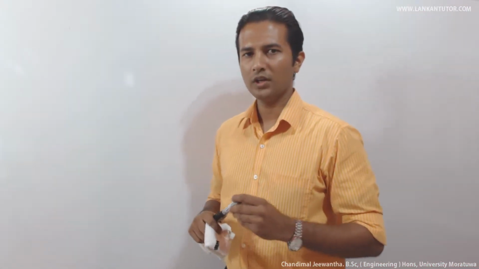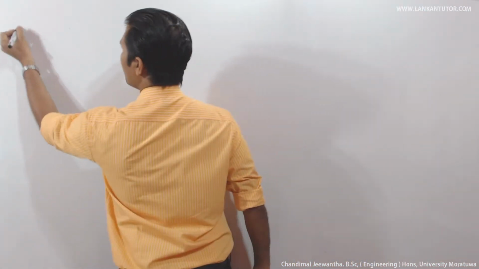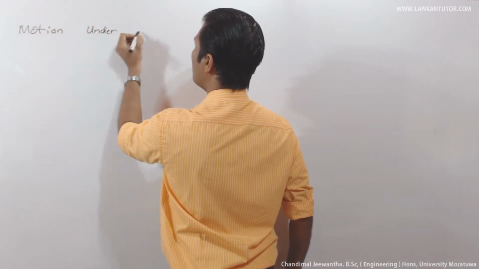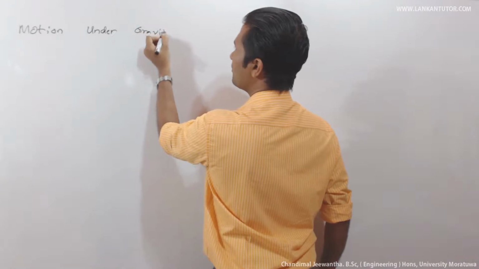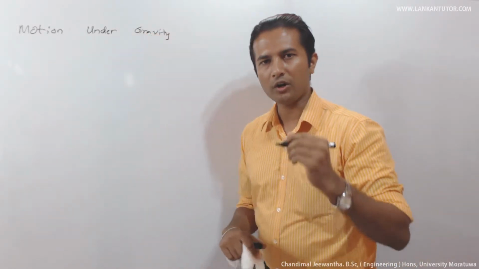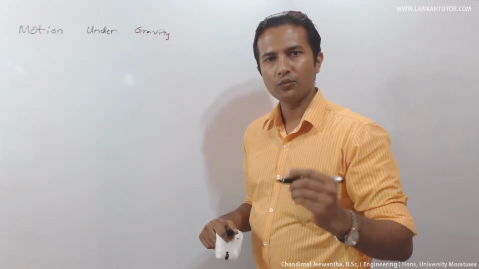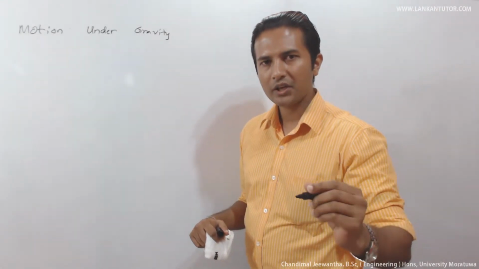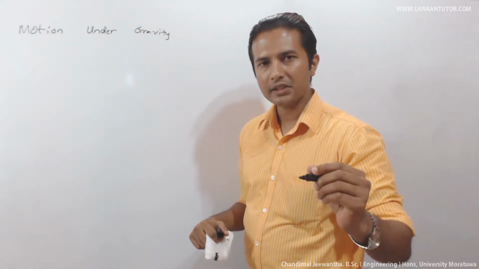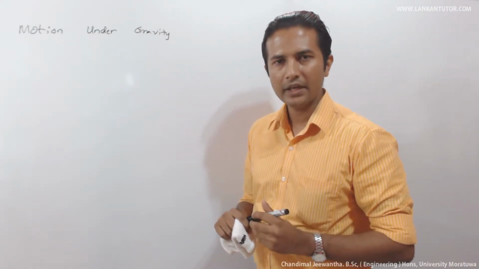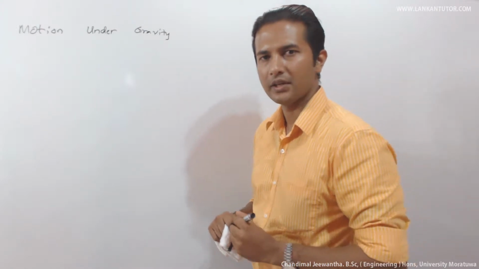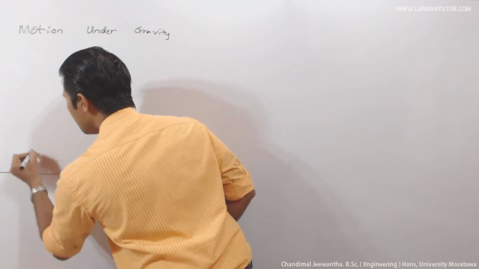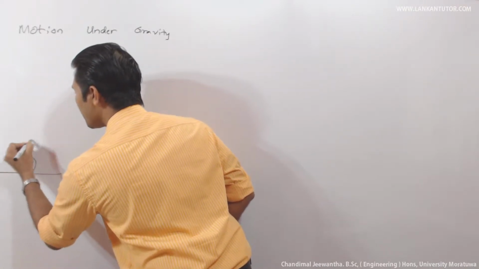Now we can go through motion under gravity. What is motion under gravity? When an object is projected vertically upwards, what happens? The velocity of the object decreases by 10 meters per second at each and every second. For example, when an object is projected at 50 meters per second,